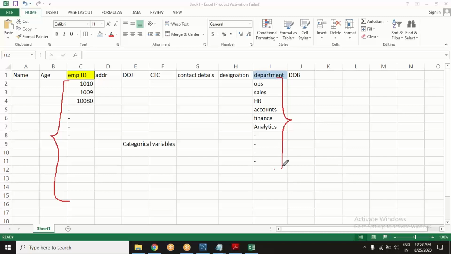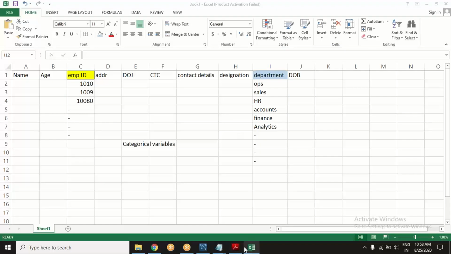The departments will be this many only, maybe 8, 10, or 12. So I can categorize this entire population of 1000 employees into these 10 categories. So this is the variable that I am calling categorical.